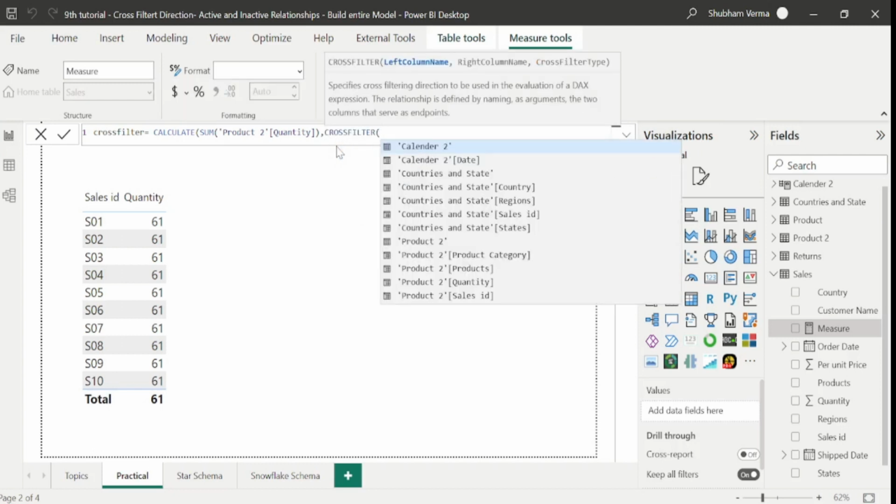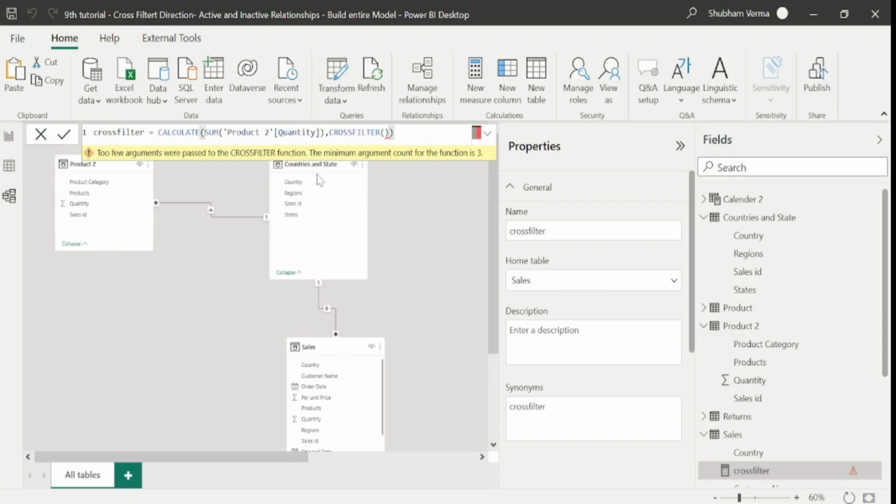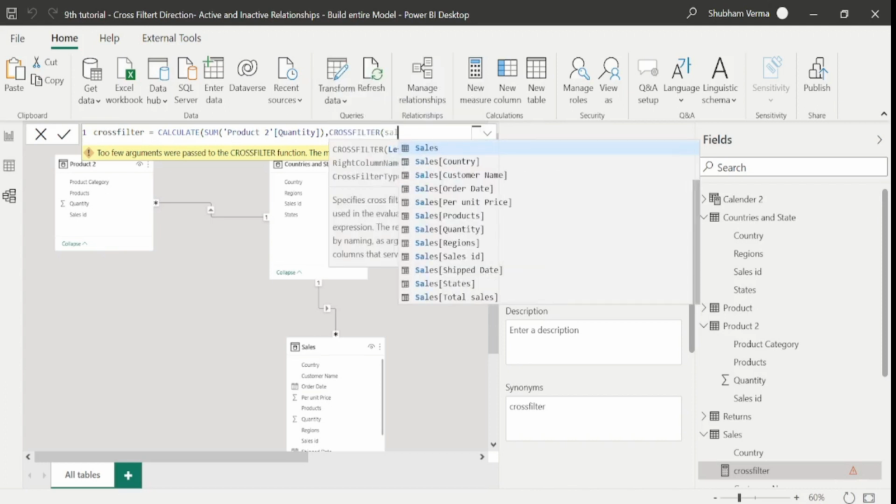So under this parameter, we need to select the same column name which is from the country table and sales table. So if you see here in the modeling tab, you can see this country and state table filters this sales table, and this country and state table also filters the product table. So we have to select this common column, which is from the country table and the sales table. So I will select here sales ID, which is from the country table,